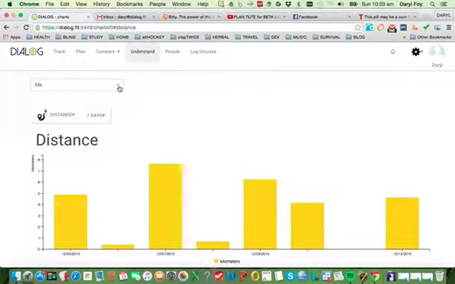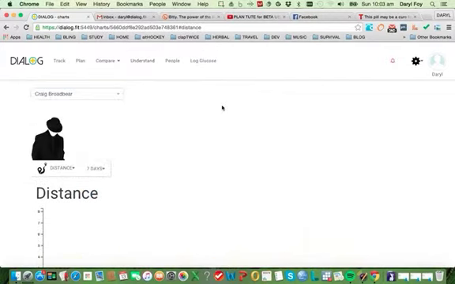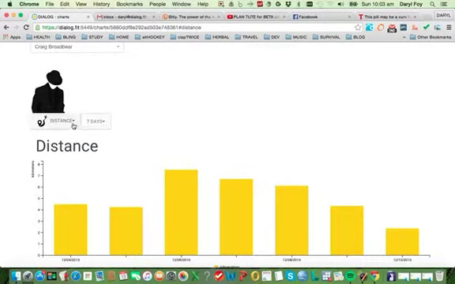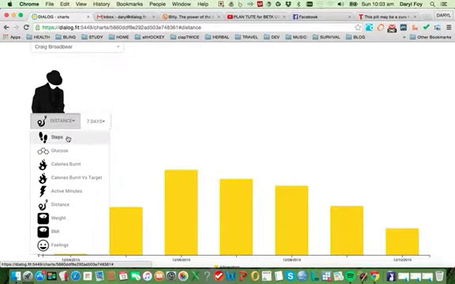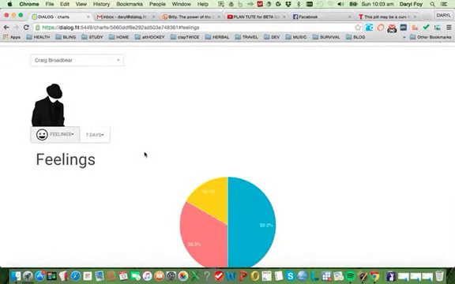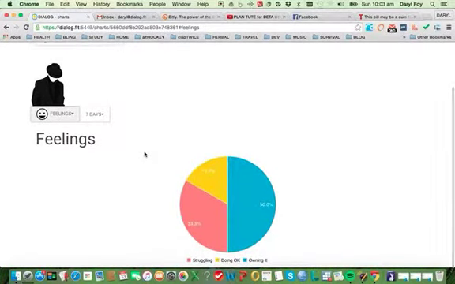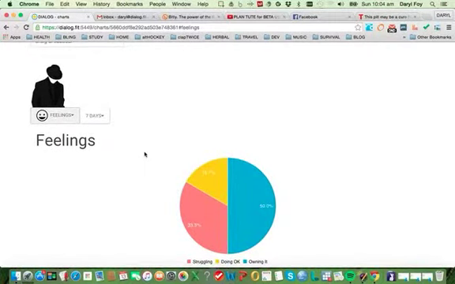If you have allowed your friends on Dialog access to your information, then you can also have a look at what they've been doing for the week in any of those measures as represented by the spark lines on the track page, which include steps, glucose, calories burnt, calorie targets, active minutes being fat burn, cardio and peak, distance, feelings. Just have a sneak look at Craig's feelings. Mostly he looks like he's on top of things. He's had a few tough days and a little bit of being just okay.